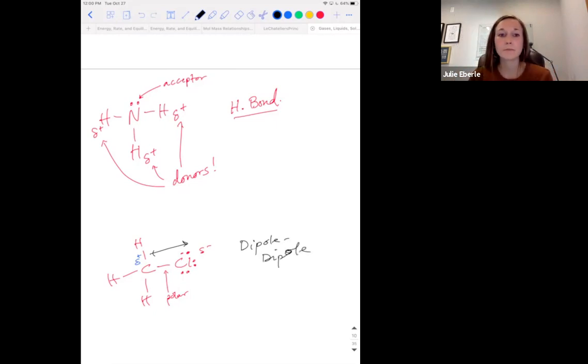Dipole, dipole. Questions on that one? That one was split. Oh, wait, I was looking at results 3. Most people did pick dipole, dipole for 2. For result number 3, most people picked hydrogen bonding.